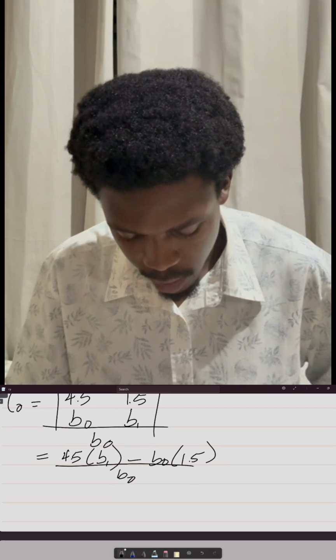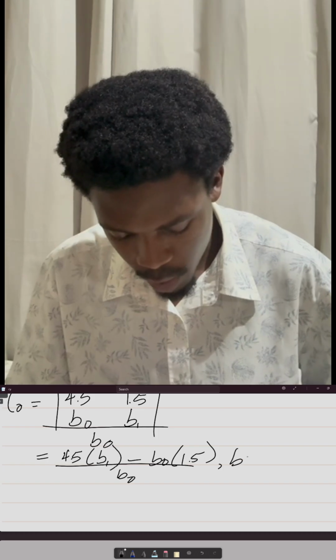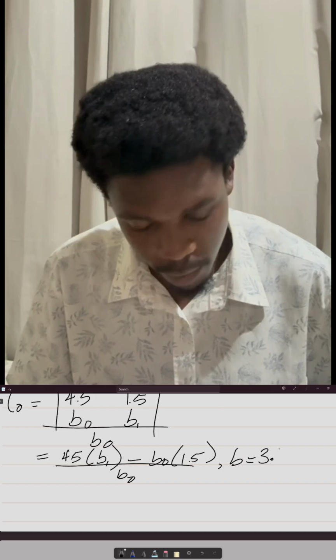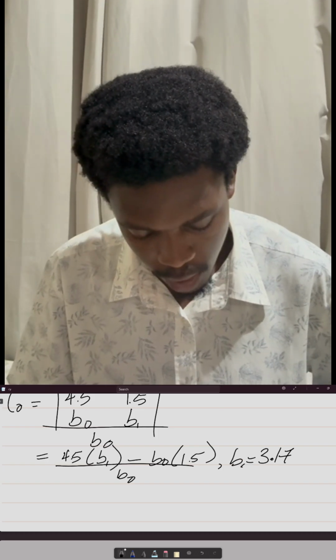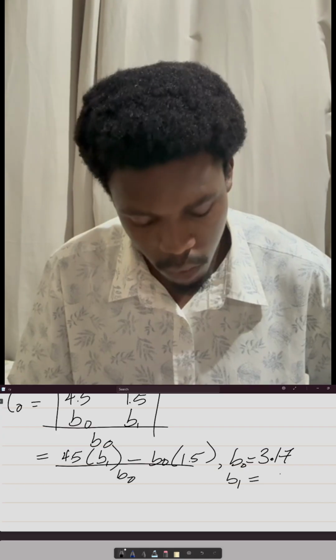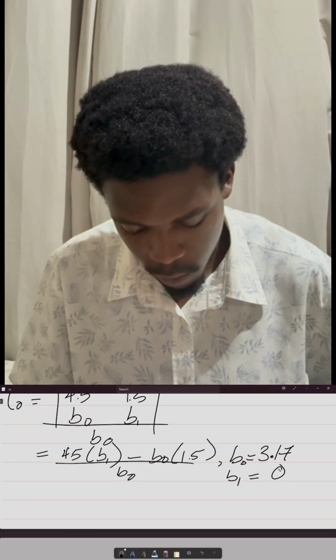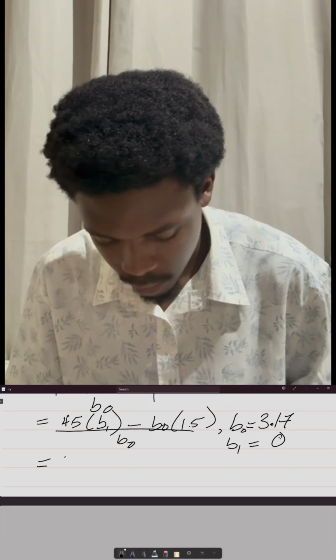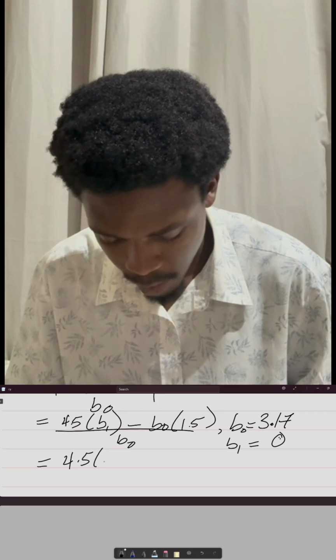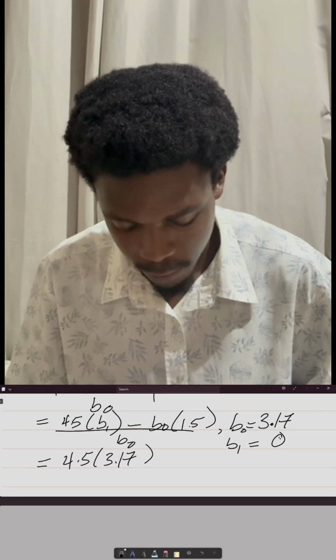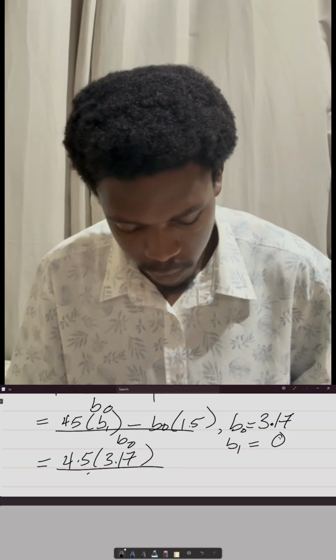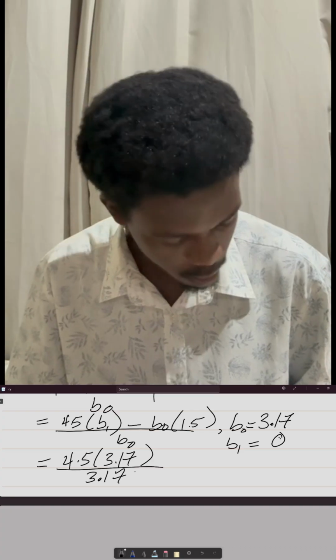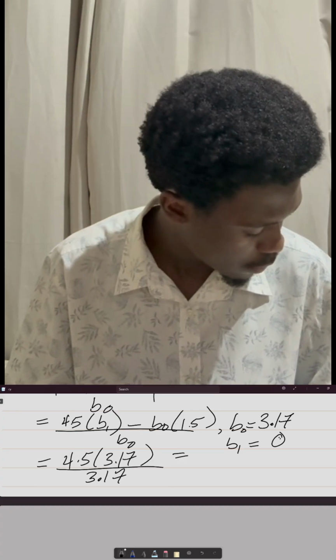But we know B0, where B0 is equal to what? 3.17, and B1 is equal to 0. So what are we going to get as our final answer? We're going to get 4.5 multiplying 3.17 all over what? 3.17, which is going to give us